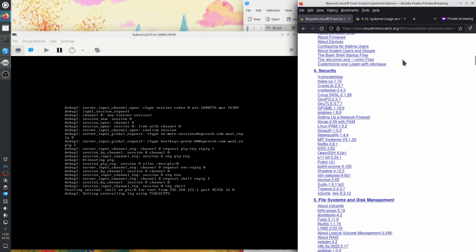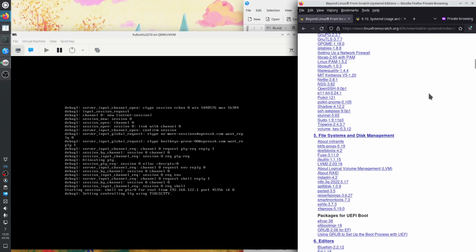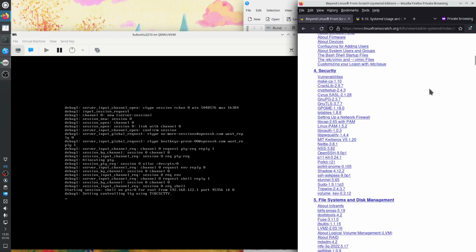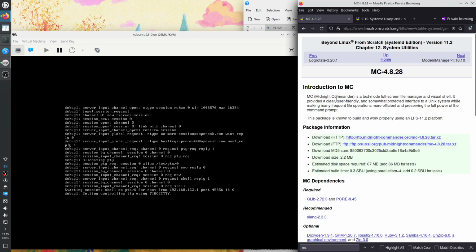Okay, so the book Stable Systemd for LFS has links that point to the book BLFS, so Beyond Linux From Scratch Stable Systemd, and let's see if we can install something from here. Or about MC. That would be nice to have. So Midnight Commander